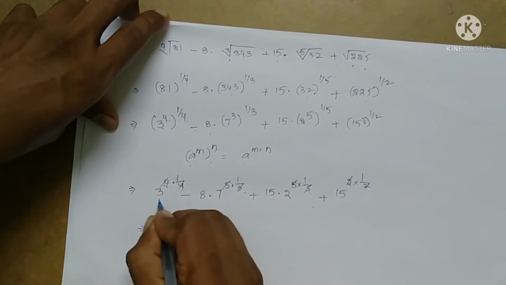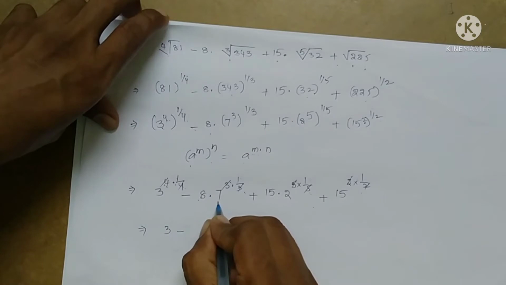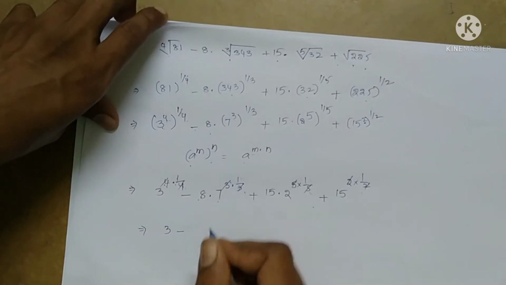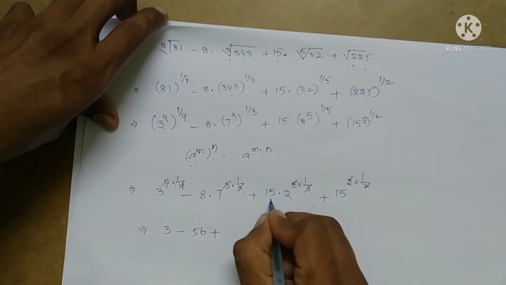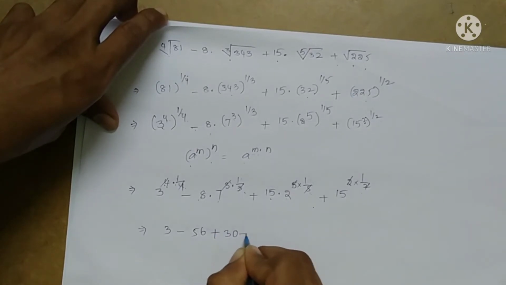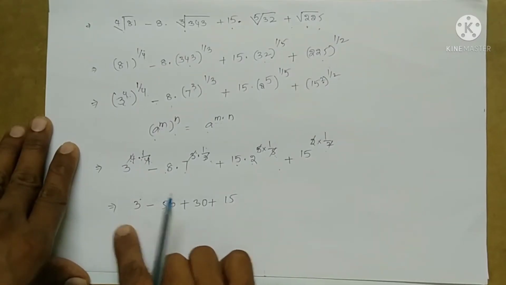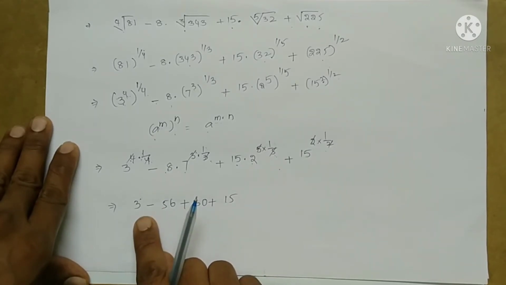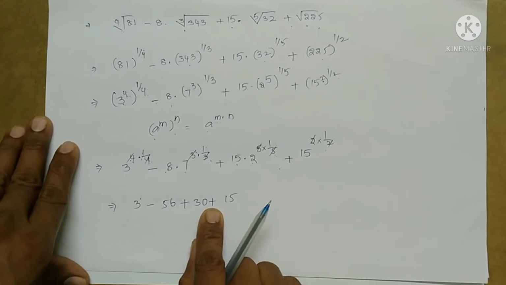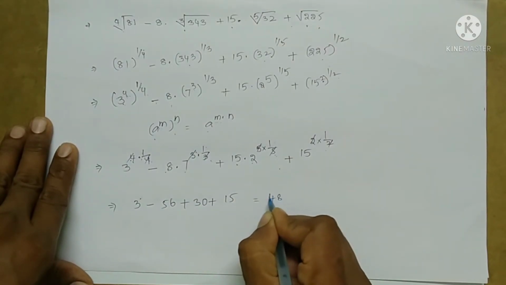So the result is 3 to the power of 1, means 3, minus 8 into 7s, 8 7s are 56, plus 15 2s are 30, plus 15. So here first we have to add these positive integers. So 30 plus 3 is 33, 33 plus 15 is 48, right? So that is equal to 48